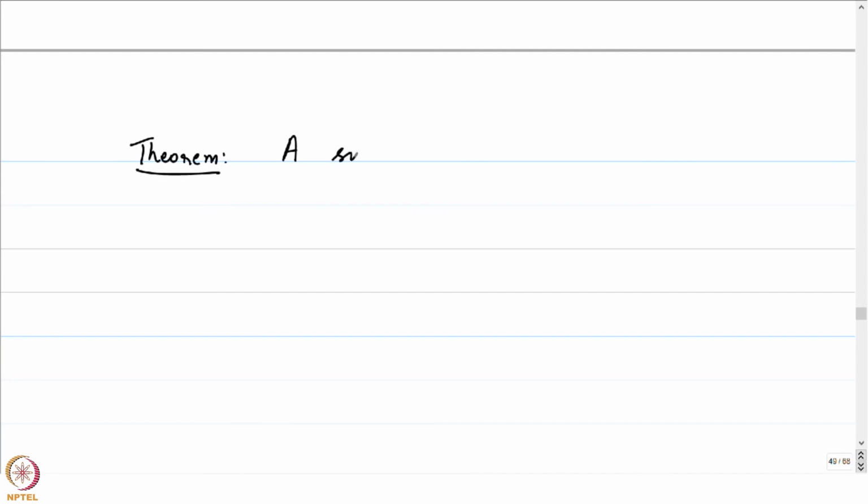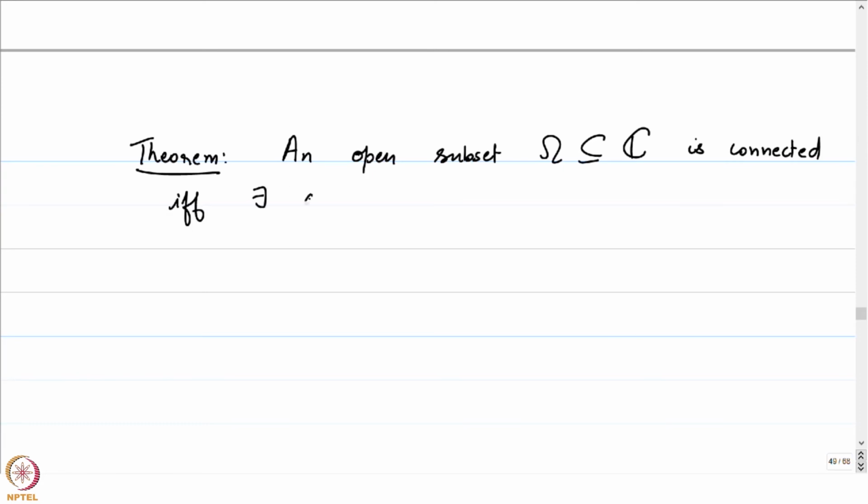An open subset omega contained in C is connected if and only if for every pair of points Z, W in omega